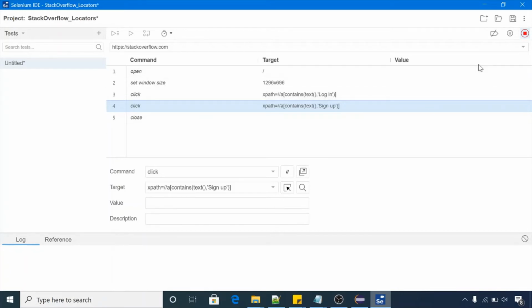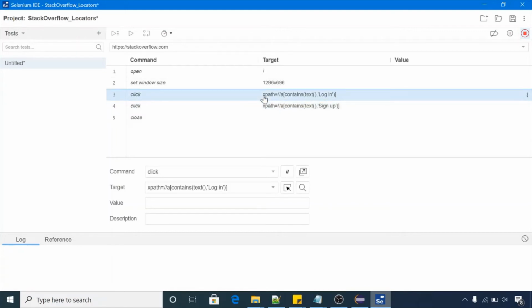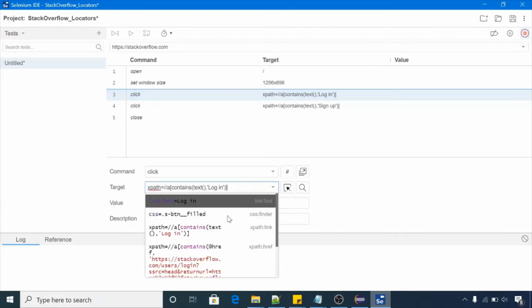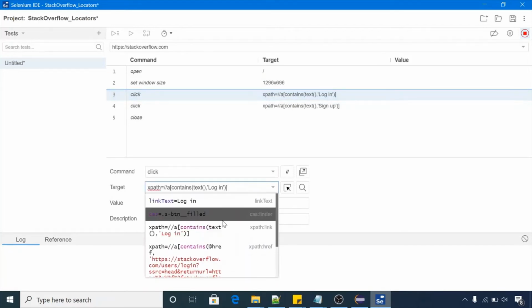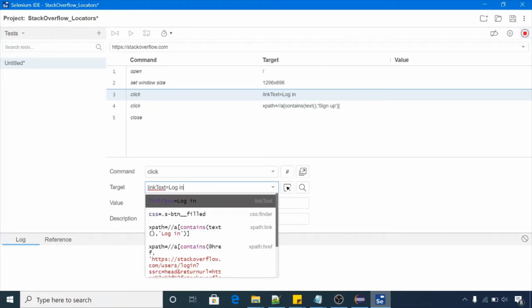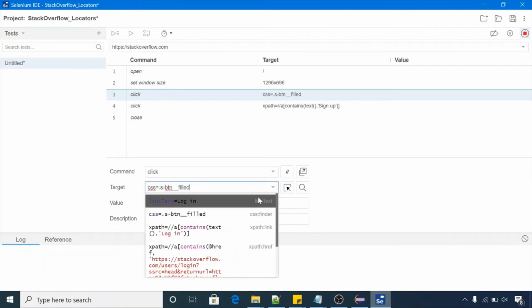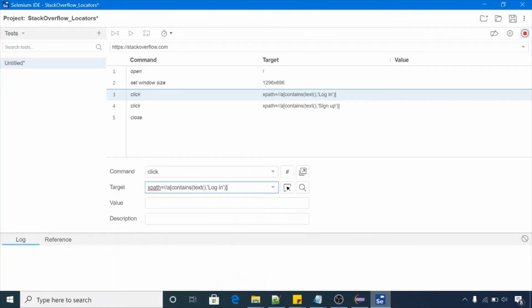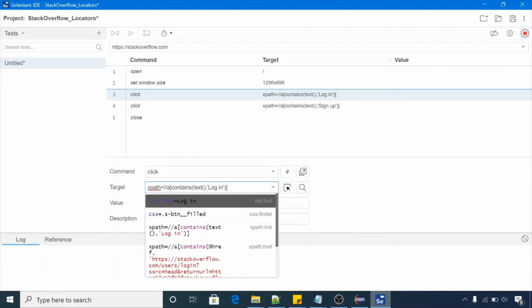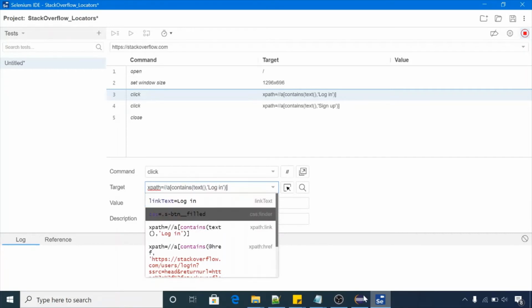Once you start Selenium IDE, it will start recording your script, and you perform all the operations on the browser. Every operation that you perform on the browser will be recorded in this command area, and you can click on that particular command and get the locator from here. Okay, this is the locator area. So you can copy the locator value from here. If you want to go with link text, you can copy this value. If you want to go with the CSS, copy this value, and if you want to go with XPath, copy this value. And you have to use this value in your Selenium WebDriver.